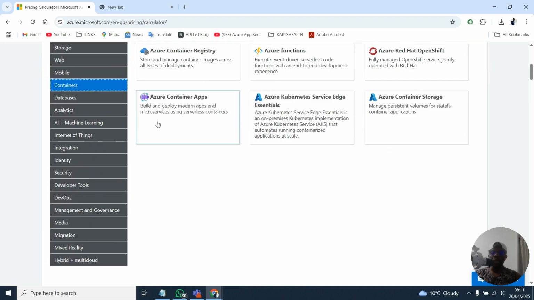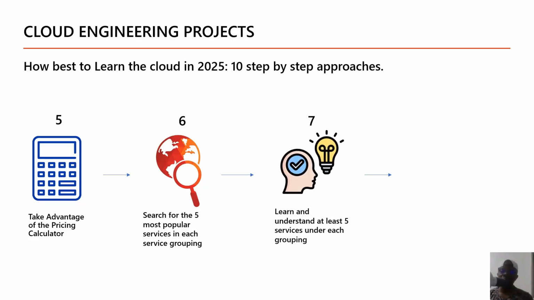So after you've done that, the next step is understanding each of these services. Understanding of these services is quite key. You try to understand how to create each of these services, how they work, how to configure them, what they do, what other services they work best with, and the problem they are best used for in the real world. Please note here that I said the problem they are best used for in the real world. The reason for this is that there are a lot of different services in the cloud that can do the same thing.